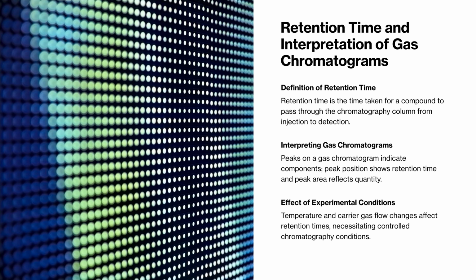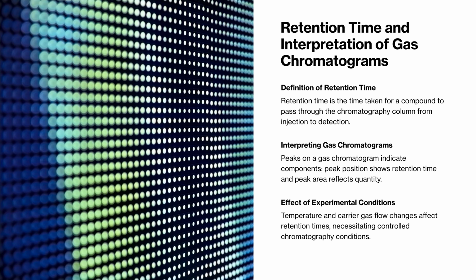Retention time is defined as the time taken for a compound to pass through the column from injection to detection. Each substance has a characteristic retention time under fixed conditions, allowing identification by comparison with known standards. A gas chromatogram displays detector response against time, producing peaks for each component. The position of a peak indicates retention time, while the area under the peak is proportional to the amount of